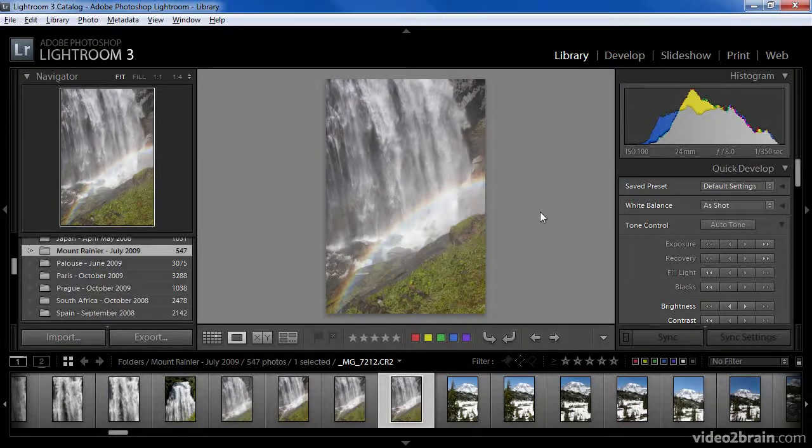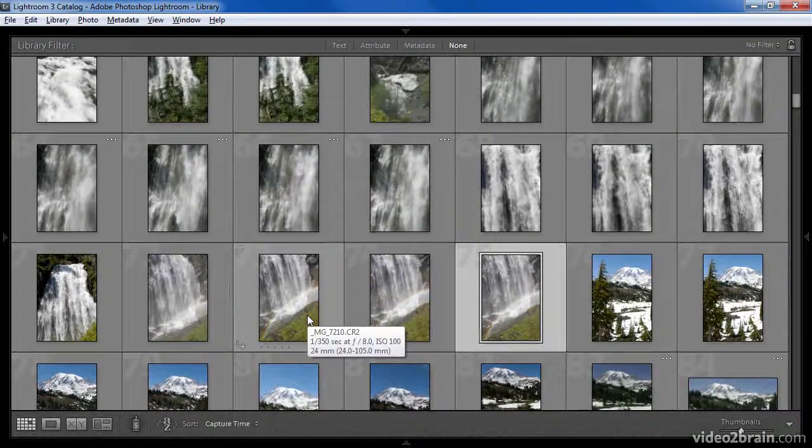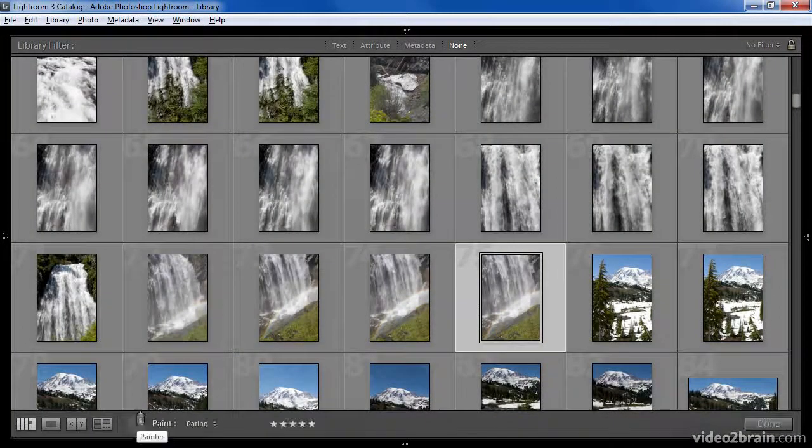The Painter tool is found in the grid view, so the first thing we'll need to do is switch to the grid view in the library module. Since I'll be using the grid view to work with my images using the Painter, I'll want to hide all of the panels while I'm working, so I'll press Shift-Tab to accomplish that. I'll then choose the Painter tool, it looks like a can of spray paint, from the toolbar at the bottom